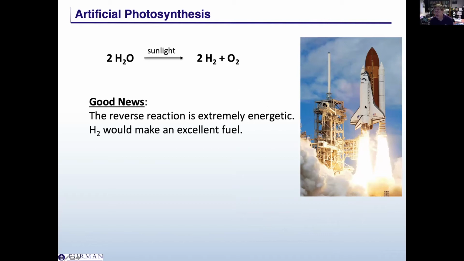It already does. Every time the space shuttle blasted off, this red tank in the middle was filled with liquid hydrogen and liquid oxygen. It was funneling those to these engines right here, not the solid rocket boosters, but this engine right here. And so the giant flames that were coming out of there that could shove the space shuttle out of Earth's gravity were coming from the reaction of hydrogen plus oxygen. Plus, if you burn hydrogen and oxygen, all you make is water. And we can deal with water really well on this planet. The bad news is, once again, water doesn't absorb sunlight,